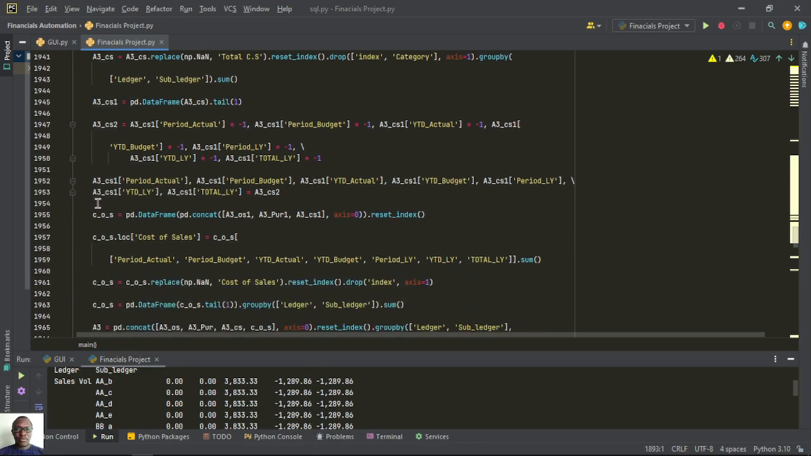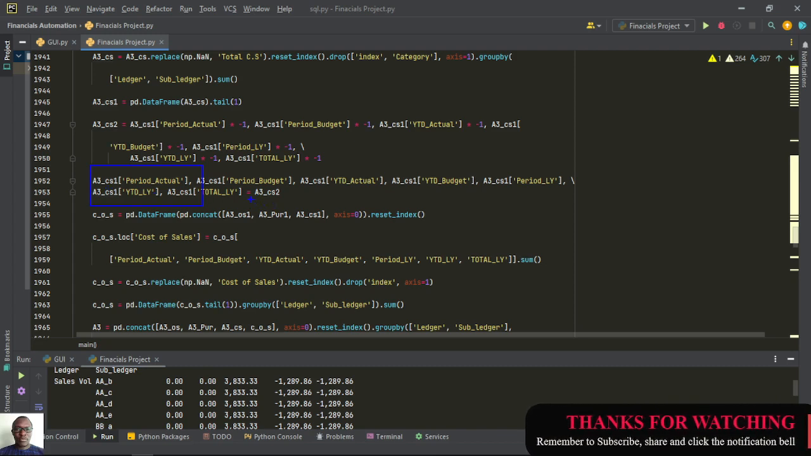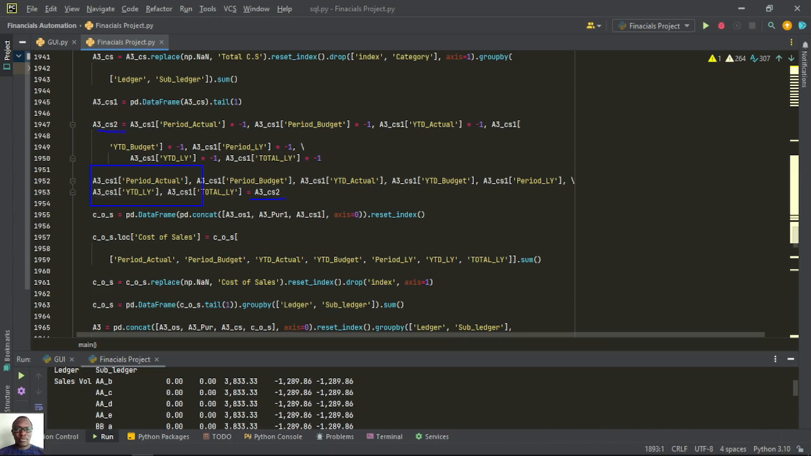So down here we have A3_CS1 in bracket period actual. So we want to get the values, rather the negative values of closing stock. So we are trying to reference all our numerical columns of the closing stock with this A3_CS2. So then down here we'll also get closing stock, so here our closing stock is equal to